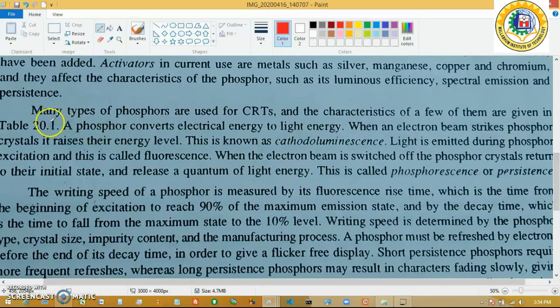Now, as I said earlier, the main phenomenon for light emission in the CRT or the CRO is fluorescence. So, all of you know that this is the faceplate. The faceplate of the CRO is coated with phosphorus, because the electron beam generated from the cathode or the heater strikes the phosphorus skin and emits some amount of light so that we can view the waveform on the screen. So the faceplate of the CRO or the CRT is coated with different types of phosphorus material.